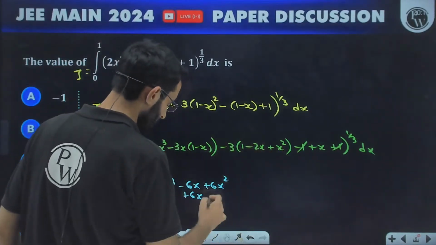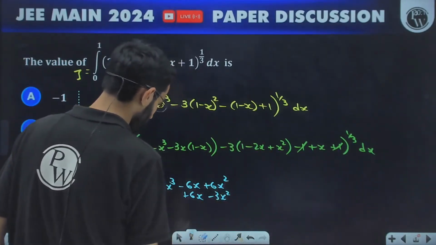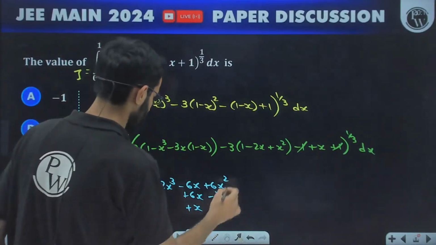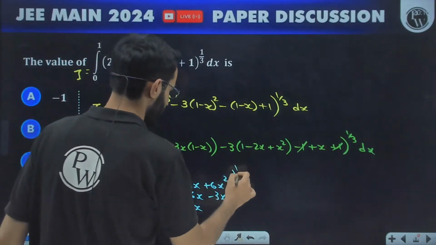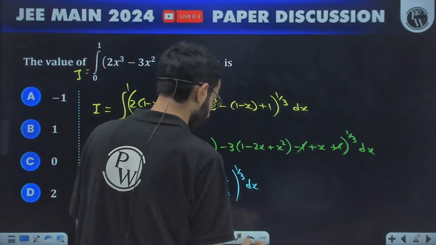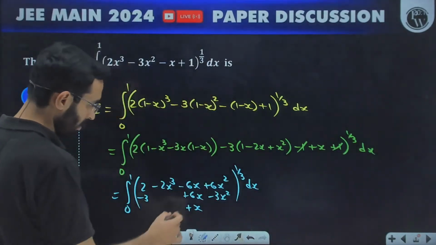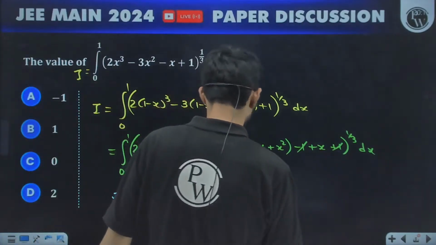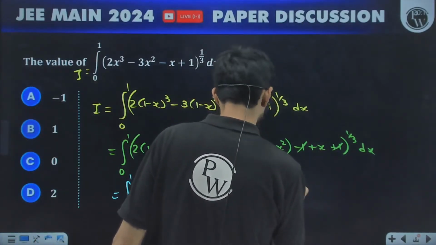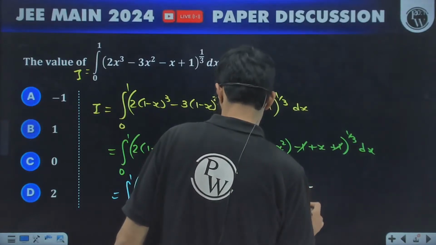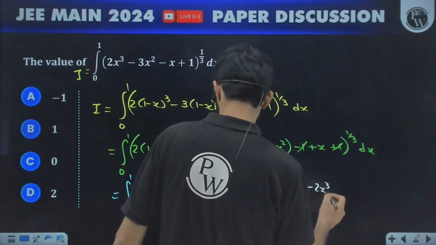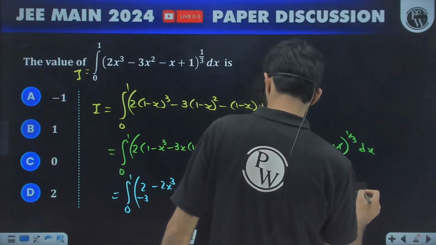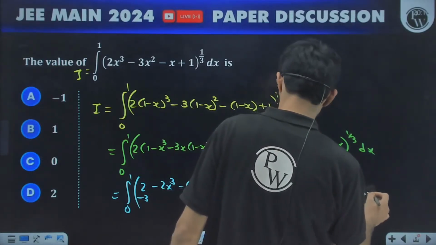Minus plus minus 3x square minus 3 plus x plus x, whole to the power 1 by 3. To simplify this, students, what you are going to get, check. Plus 6 minus 6 will get cancelled out. 6 minus 3 will give you 3 only. This will become integration 0 to 1 of (minus 1 minus 2x cube plus x plus 3x square) to the power